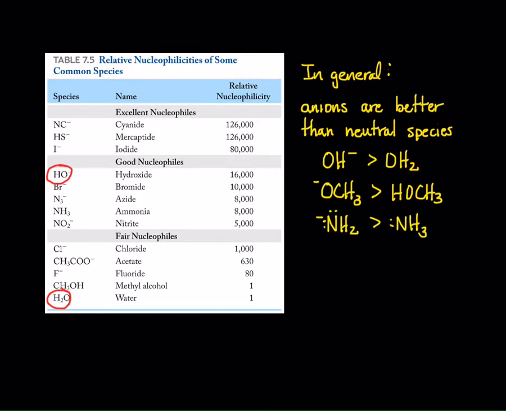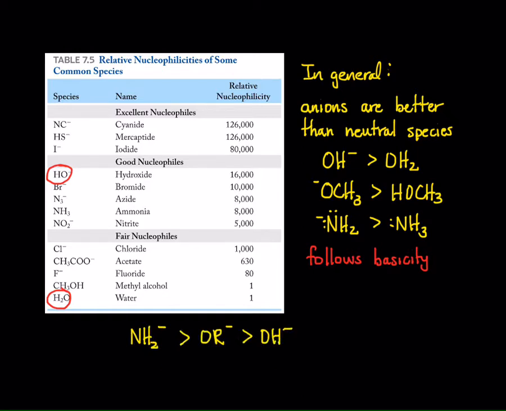So ammonia is a good nucleophile, but the amide anion is a better nucleophile. And in general, this trend follows the basicity of the species. Hydroxide's a better base, methoxide's a better base than methanol, amide is a better base than ammonia. We also see, going across the periodic table,